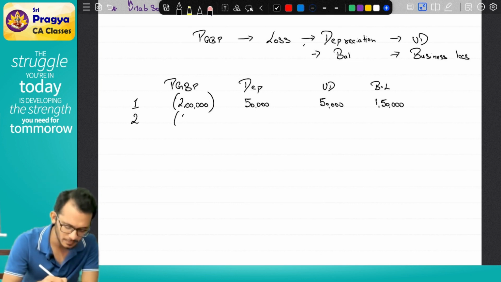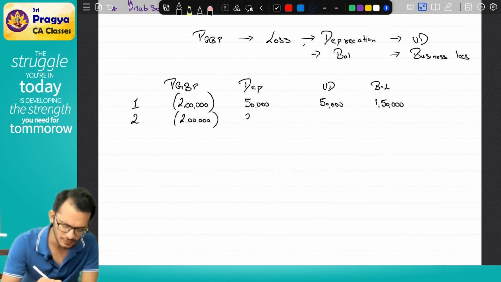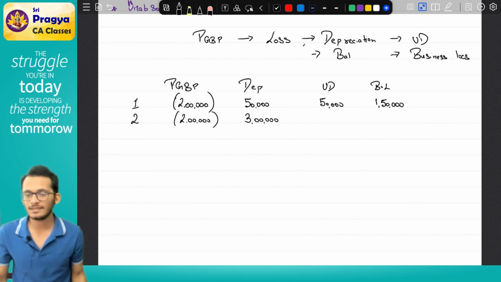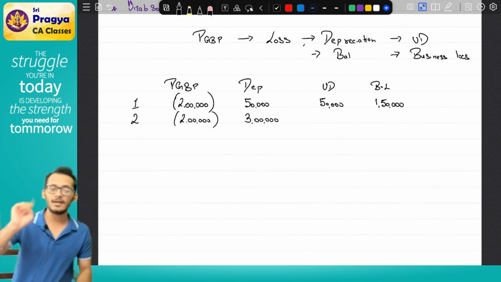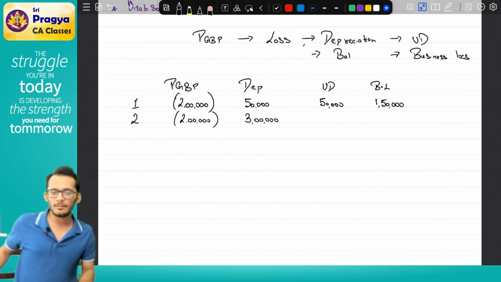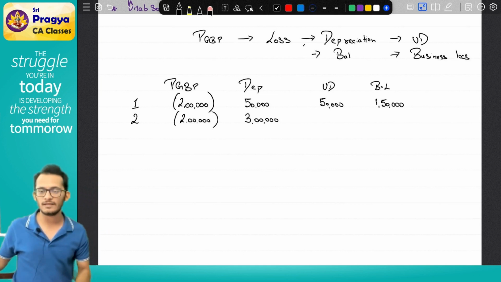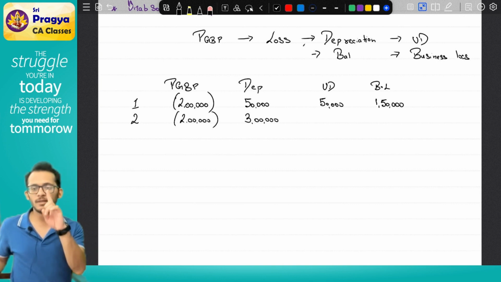My PGBP loss is 2 lakhs. My depreciation is 3 lakhs. Now, if my depreciation is 3 lakhs and my PGBP loss is 2 lakhs, it means technically my business would have done a profit of 1 lakh. In that I claimed a depreciation of 3 lakhs, resulting in a loss of 2 lakhs. Yes or no? Yes. In which case I am coming and saying, Rahul, out of that business profit of 1